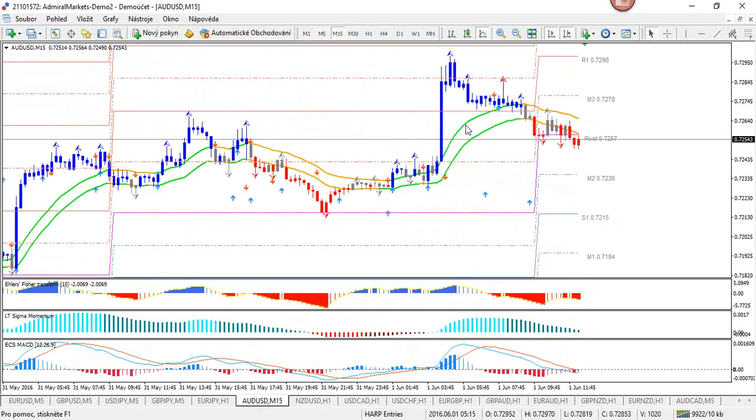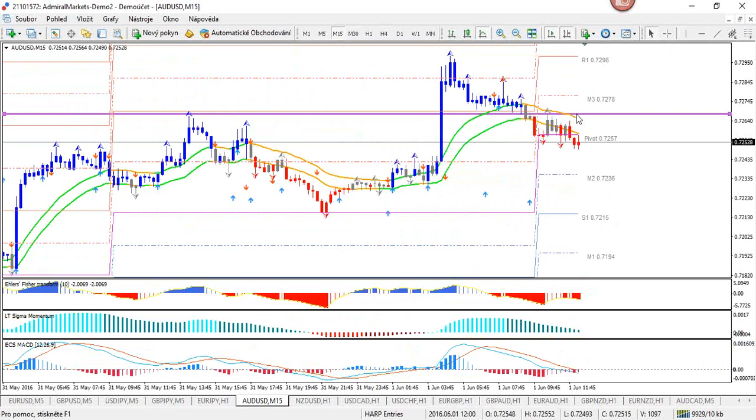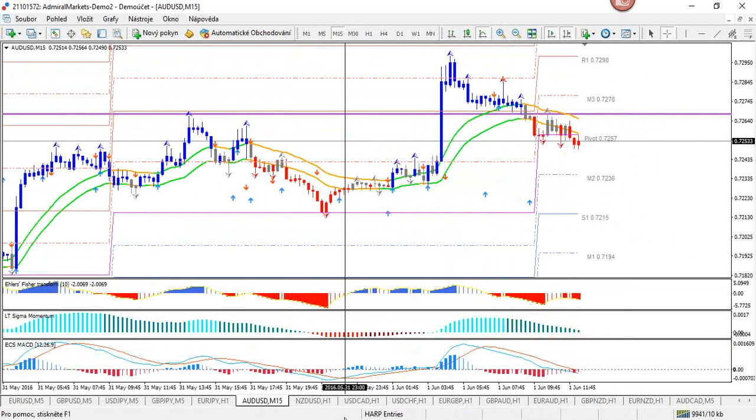There could be a chance for price to regain momentum to the upside, but I need price to break back above at least 72.70. All right. Otherwise,